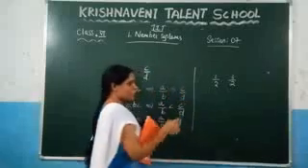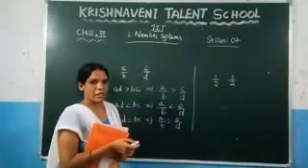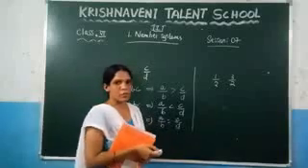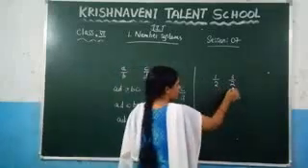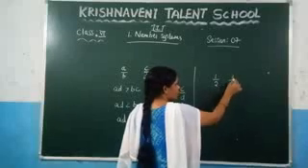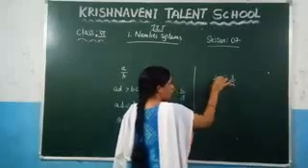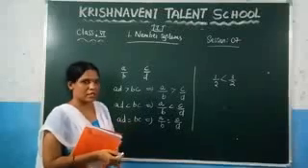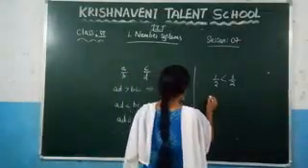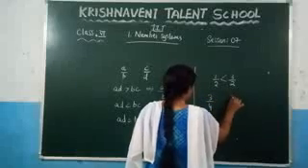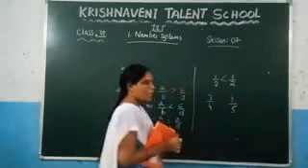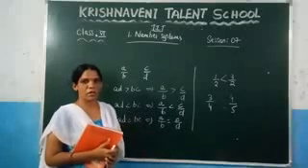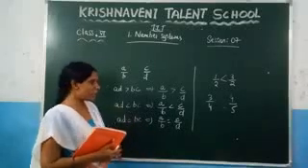Here you can observe that these are like fractions, so you can easily identify the bigger fraction by comparing the numerators. Since the denominators are the same, you can compare the numerators. Since 3 is the bigger value, you can say that 1 by 2 is less than 3 by 2. Suppose you are given unlike fractions, 3 by 4 and 4 by 5. How do you identify which fraction is smaller or bigger?